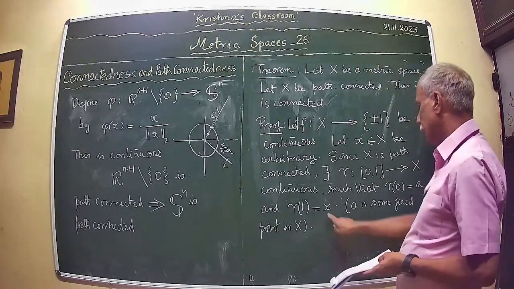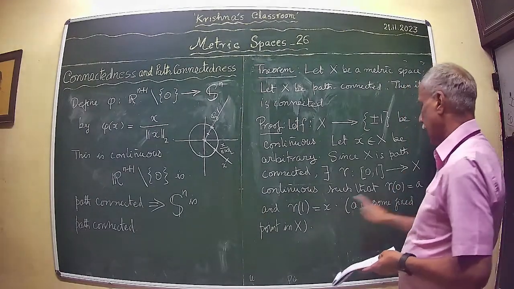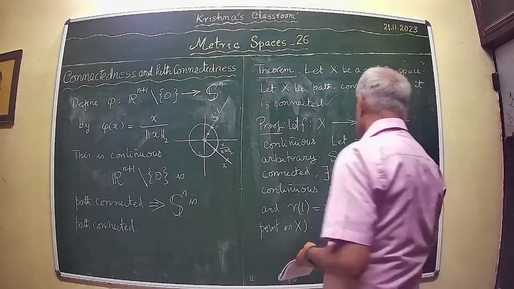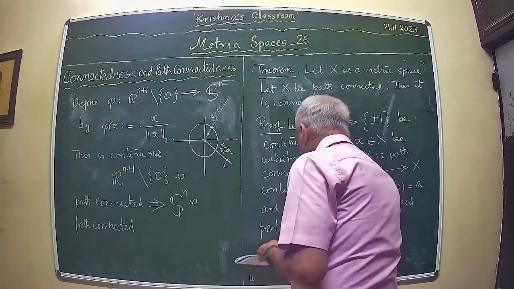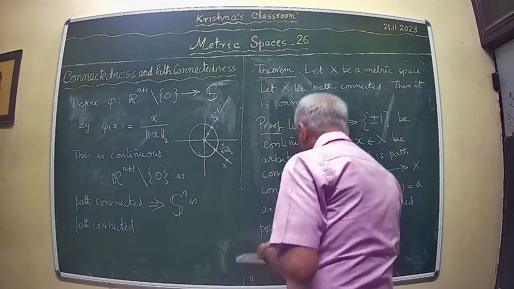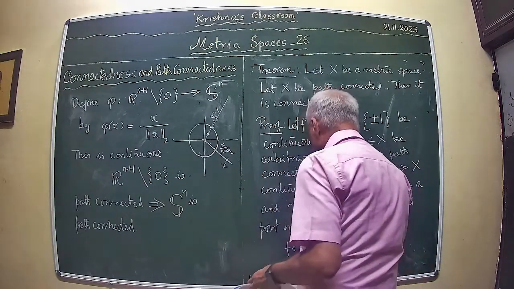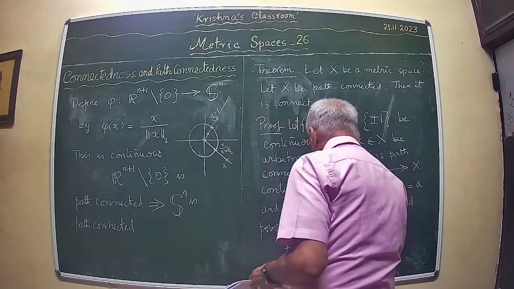So that is the path connecting A and X. It is there because it is path connected. Now consider this map, F composition gamma, which is a map from